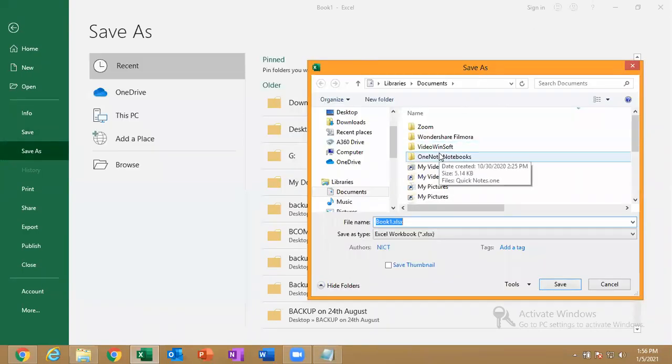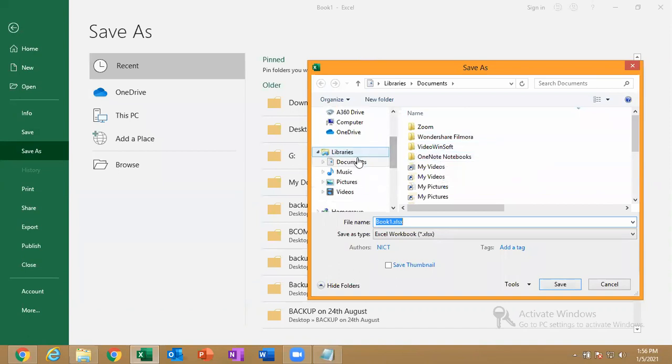Now when I browse, it shows that the document will be saved as the workbook Book1.xlsx. Yes, I will rename that. This is the file name of my Excel, and I want to save my Excel file.